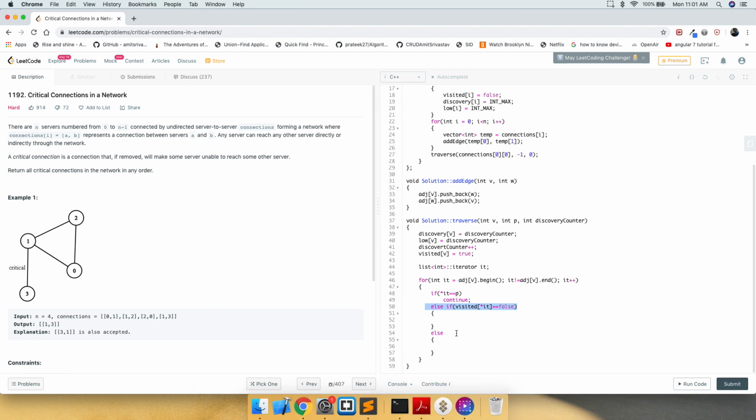So here let's keep in mind that we are at 1 and we have the value of it as 0, so 0 becomes the neighbor. So we are going to update the value of low of v with discovery of star id.